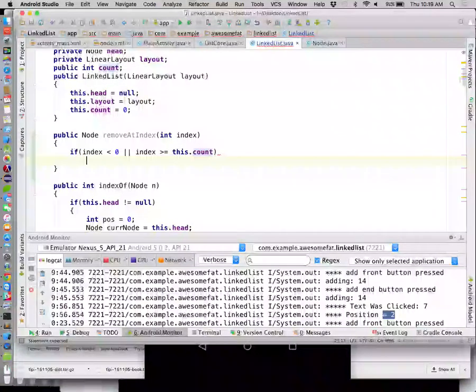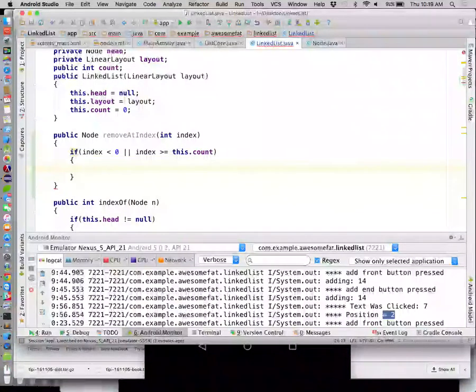this.count. Because we did it as a 0 base, we treat our linked list like arrays. So if we have 5 elements in it, the last legal guy to remove would be 4. Correct? So that's why we say if it's greater than or equal to the count. If we have 5 things, the last legal position is 4, and we try to remove 5, we shouldn't be able to do that. All right, so we could throw an exception here if we want, but so I don't have to throw exception stuff in, we're going to do